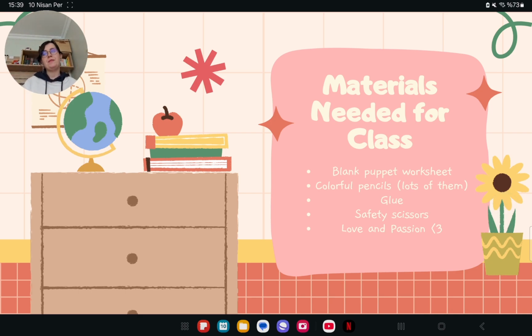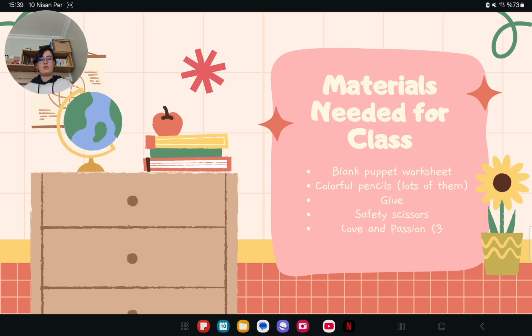Materials needed for this class. There are some materials we need beforehand. We need a blank worksheet for the puppet activity that I will mention. We need lots and lots of colorful pencils. We need some glue. We need some scissors, but make sure that they are either safety scissors or kid-friendly scissors,